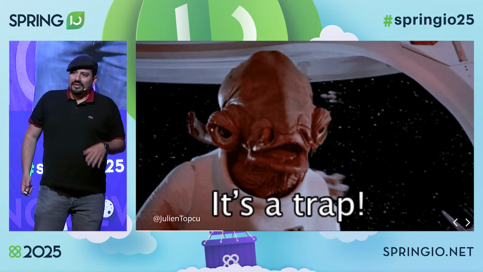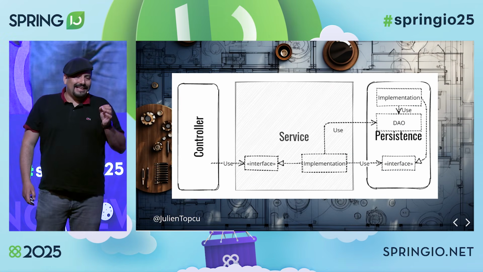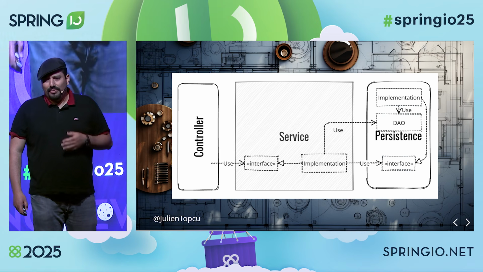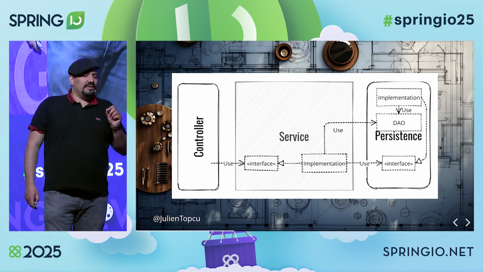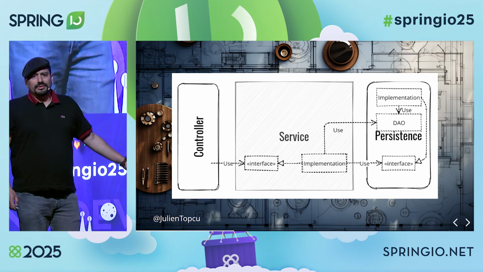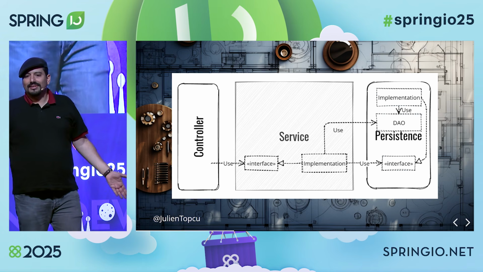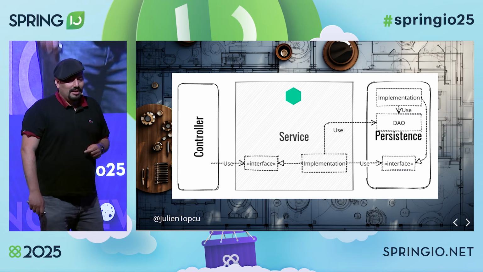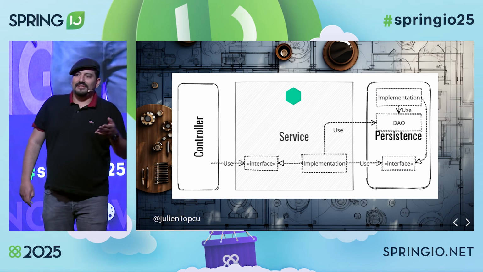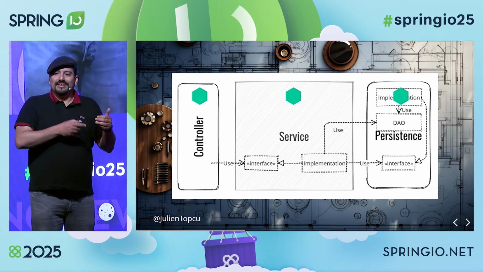Because we won't use that architecture in that case. Although it can be really helpful, it tends to age poorly with time, and I will explain to you why. But first, I would just like to ask you one simple question. In that kind of architecture, where are you supposed to find the business logic? Service layer, yes. But I also heard something else. Everywhere. And why? Because this architecture has some flaws.